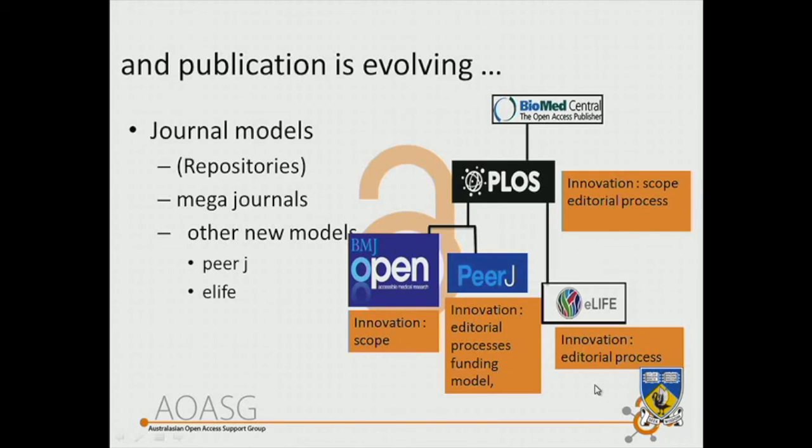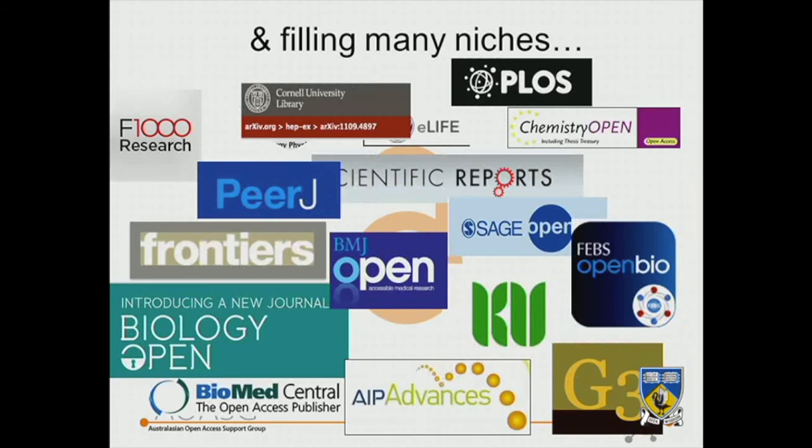And my point here is not to say anything more, except that as an academic, it's worth understanding all these different models and being aware of them. But at the same time, they sit within an enormous role of publishing, which is an enormous set of different types of publishing. So, again, it can be very hard to know which of these you can trust and which you can't. And I think there are a number of different ways of thinking about this.